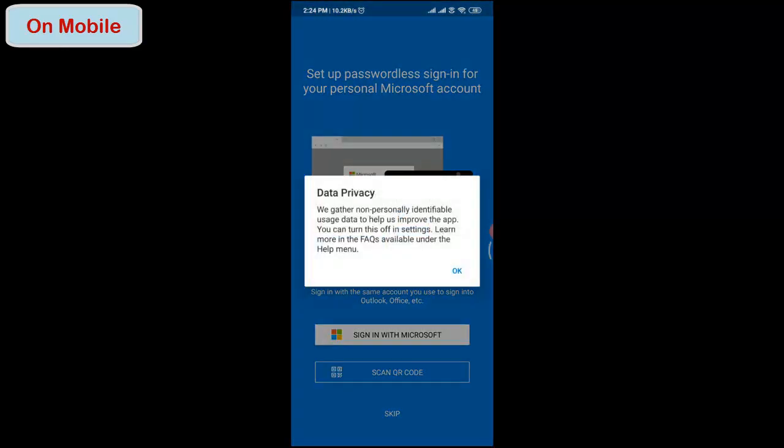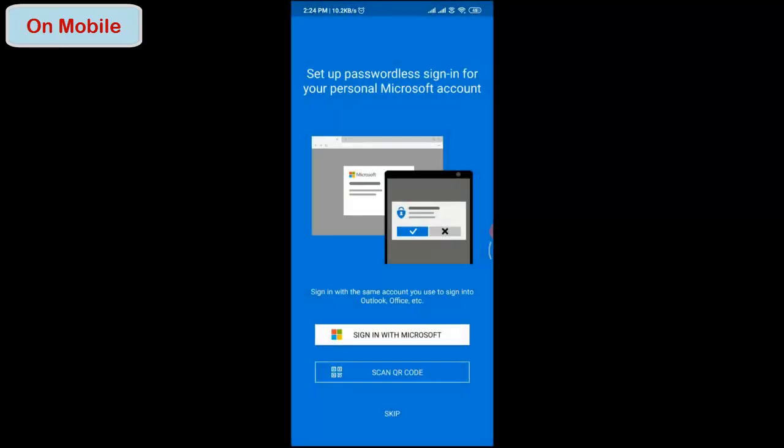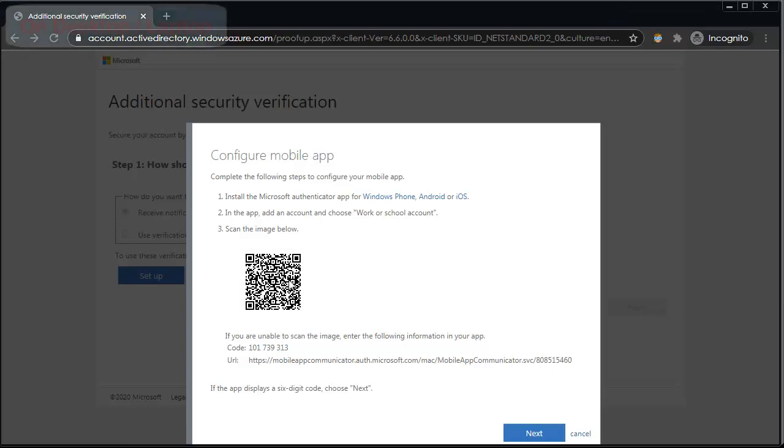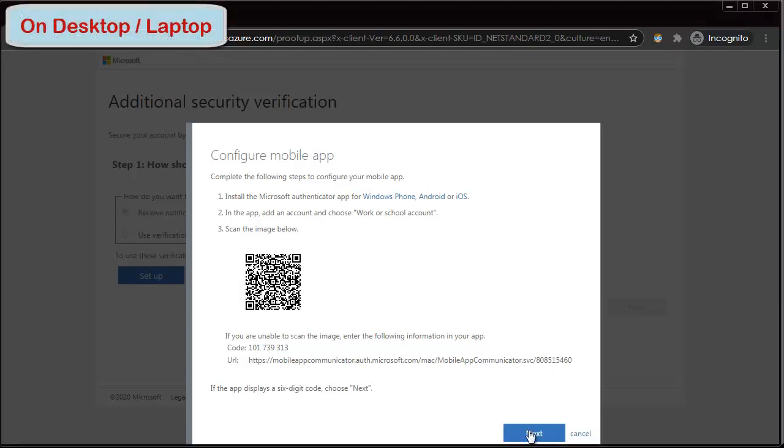When it opens, it will ask you, okay, and you have to tap on scan QR code. With this, you have to scan the code that was visible on your screen. Once the code is scanned, as soon as you scan the code, your account will be added here on the mobile, which you can see here at the top. By tapping on it, you can go inside and see the one-time passwords that you can feed while signing into the computer. Okay, so now back on the computer, you have to tap on the next button.